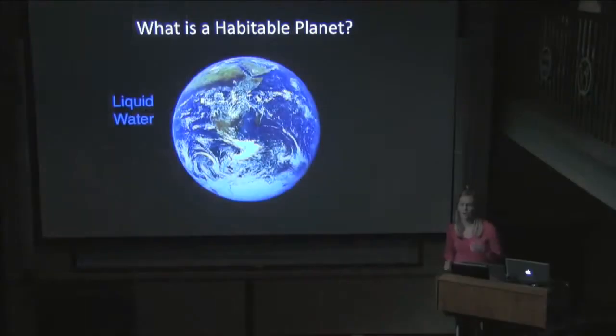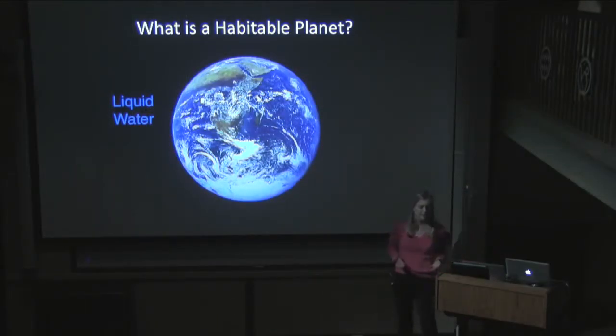In our own solar system, we know that there could be water in the subsurface oceans of the icy moons of Jupiter and Saturn. But in order to detect that life, we would need to send probes to those moons. And that's hard to do in our own solar system, and with current technology, it's impossible to do in a distant solar system. So for now, astronomers tend to restrict their searches to planets that have liquid water on the